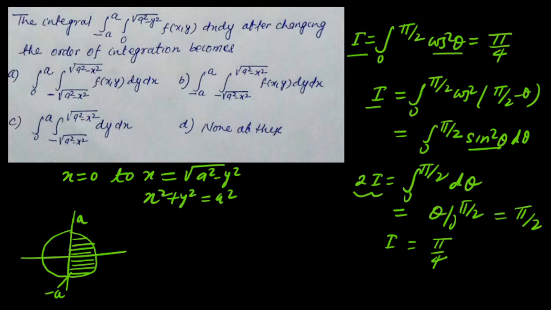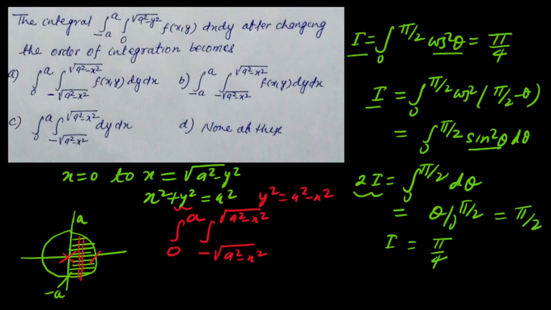So if I have to change the order of integration, let me use the red strip. So I have to take a strip like this, right? So what will be the limit? The limit of y now, if I have to write it in terms of y square will be like a square minus x square, so it will be minus under root a square minus x square to under root a square minus x square, and then I have to move it from this point, that is 0, to this point, that is a, so 0 to a,